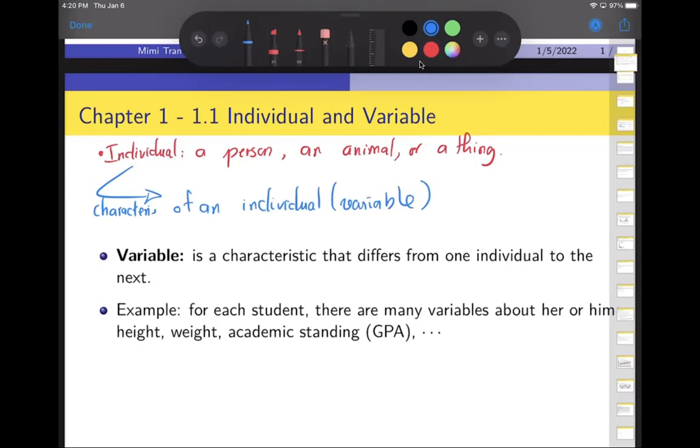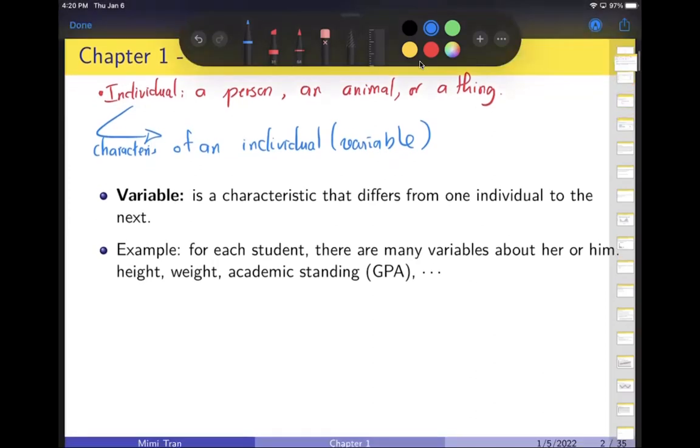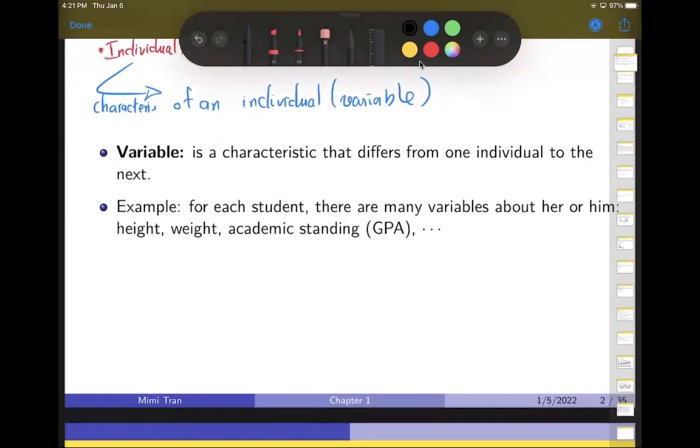One individual can have many, many variables, right? They have many characteristics. For example, if I pick one of you, say Max, he's an OU student, I can ask him about his height, his weight, what color his hair and eyes are, right? What is his academic standing, what level is he right now? Is it sophomore, junior, senior, etc.? So you can ask an individual a bunch of questions